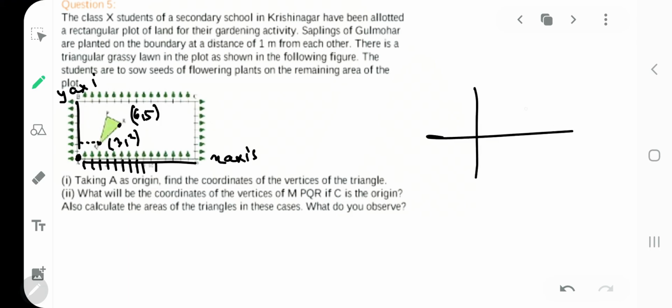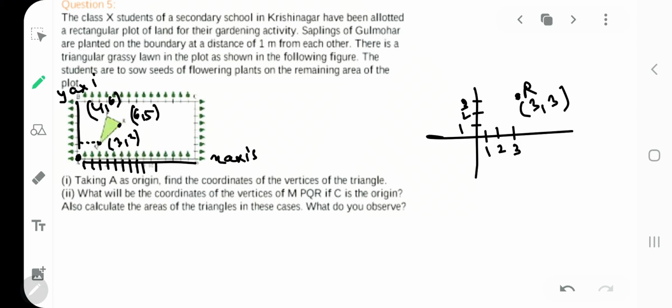If I am taking point R in your graph, if here 1, 2, 3 and here 1, 2, 3. See, so what is the position of R point? It is 3, 3. What are the coordinates? 3, 3. Got my point? In the same way, you have to look in your textbook and find the coordinates. So that will be, and P will be, my dear kids, 4, 6. So this is how you will get the coordinates.